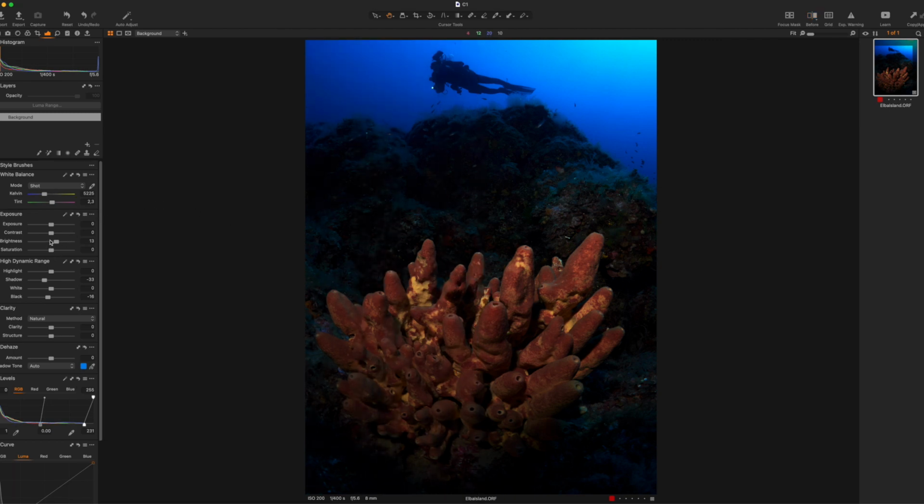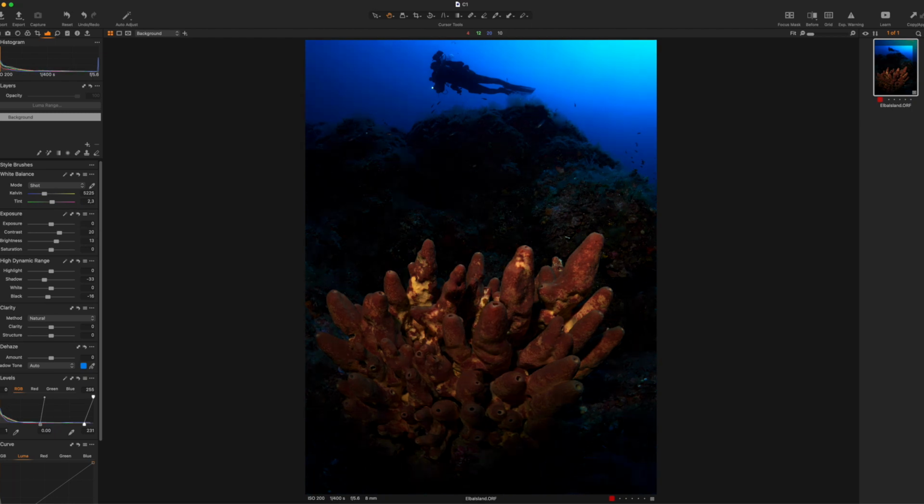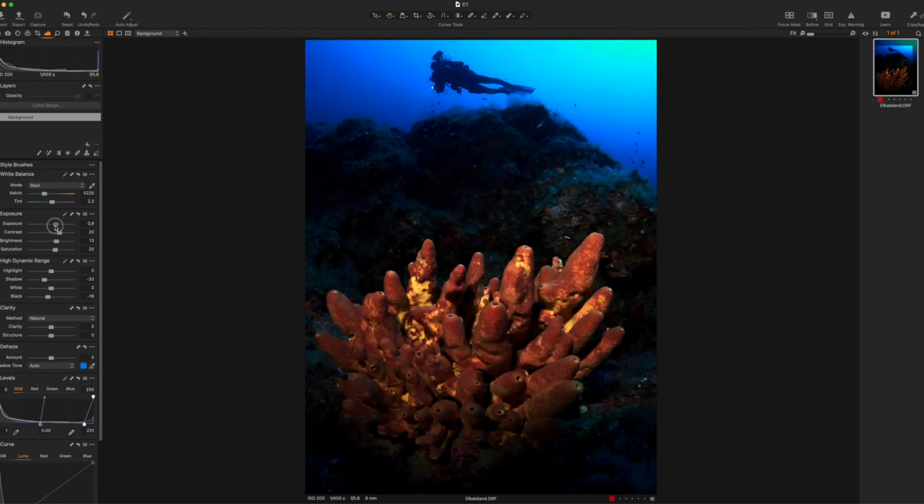So let's go back. For contrast, with every underwater image you need to increase the contrast a bit, so I'm placing 20 here, and the saturation as well, since the colors are not so bright, I always increase it to 20. So now you see that even with these small edits, our image has been quite darkened, and it's definitely too dark to be seen. So what we want to do is raise a bit the exposure of the overall image, like we can put one here,